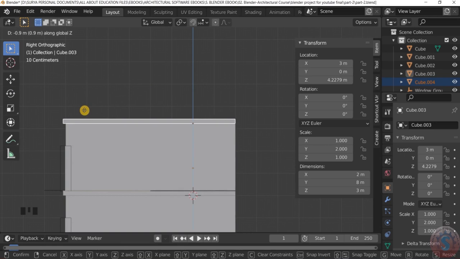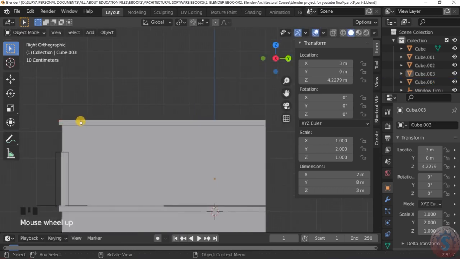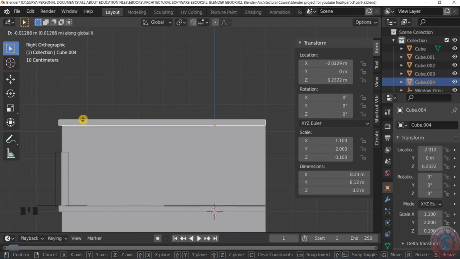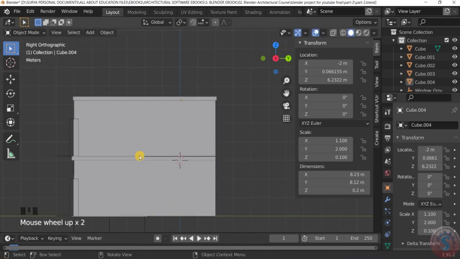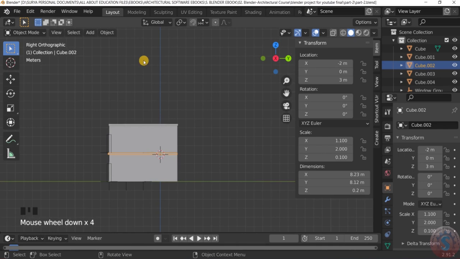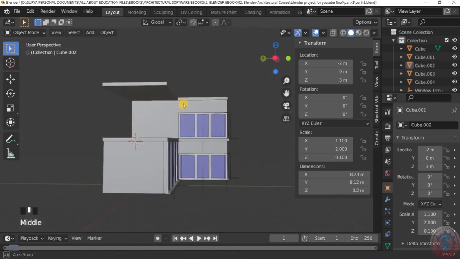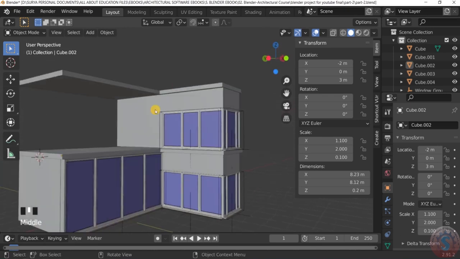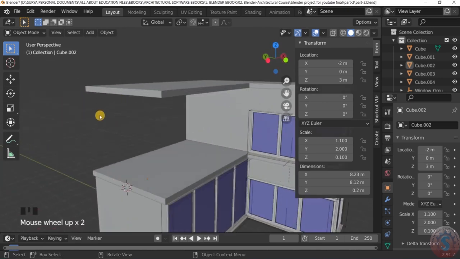By using the control, it is adjust on the top. By using the G, using the X or Y, and it will be adjust the slab. Finishing of slab like this. Here also you can create like this. It is created slab, and observe. Then after I want to create the